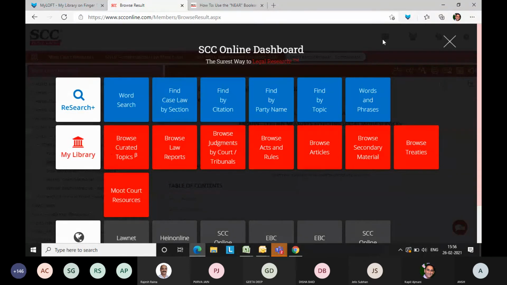We also have a toll-free number, operational from 9:30 in the morning till 7 in the evening, Monday through Saturday. For any kind of help, you can dial that toll-free number, which I'm just keying in for you. I've mentioned both over here: 1800258631 is the toll-free number, and the email ID I've shared.